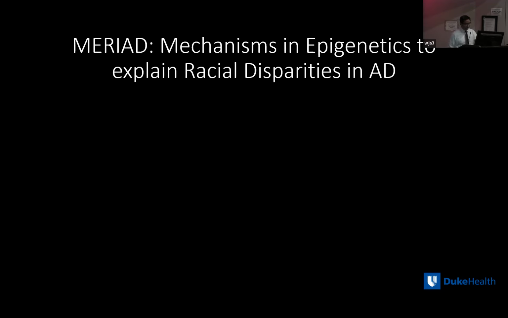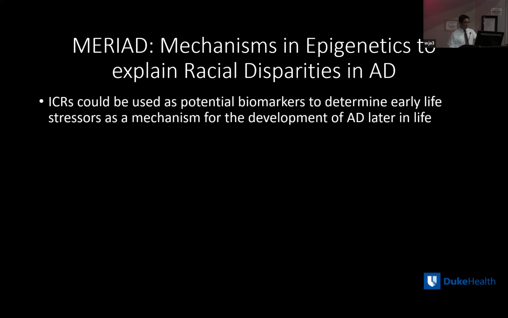Now, this leads me to the project that I'm about to propose, which is the Myriad study. The mechanisms of epigenetics, so ICRs, imprinted control regions, to possibly explain the racial disparities in Alzheimer's disease. Because again, ICRs are static. When we look at all these ICRs, that provides us a window in terms of what happened to the mother and the child very, very early on during conception and in utero. This could be used as a biomarker because it is static throughout life and provide a mechanism for the development of novel